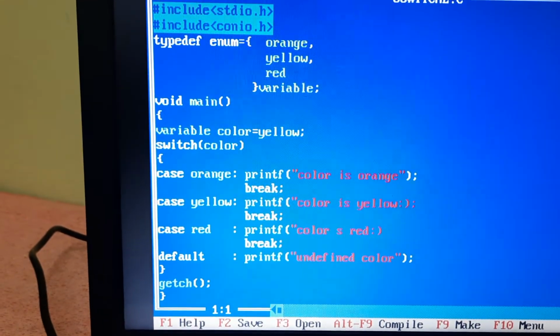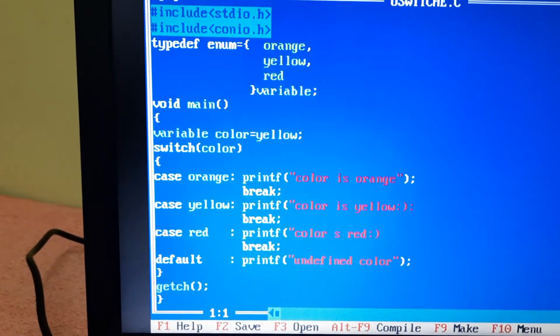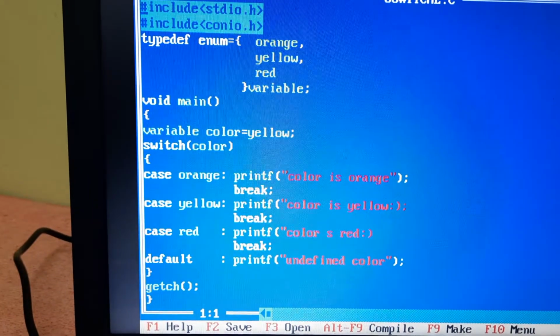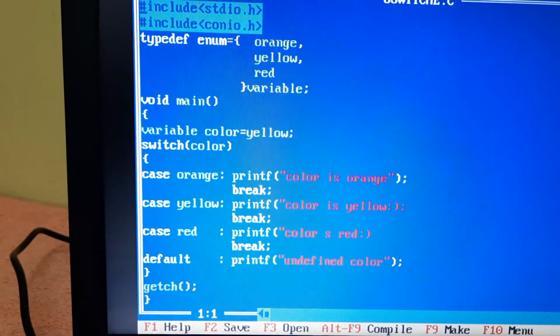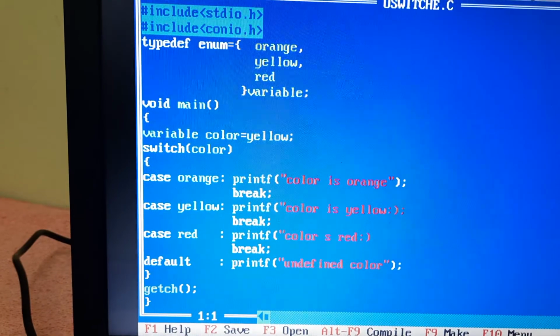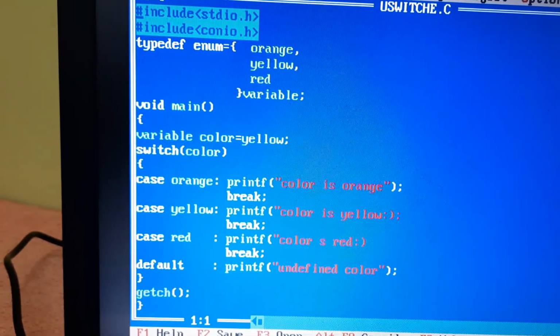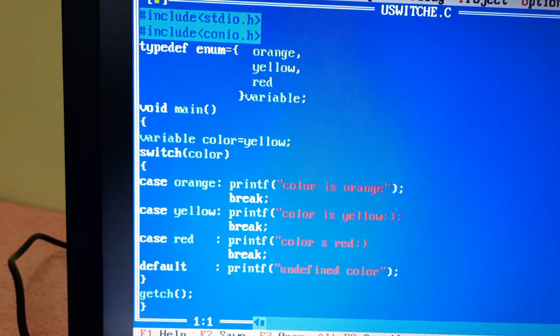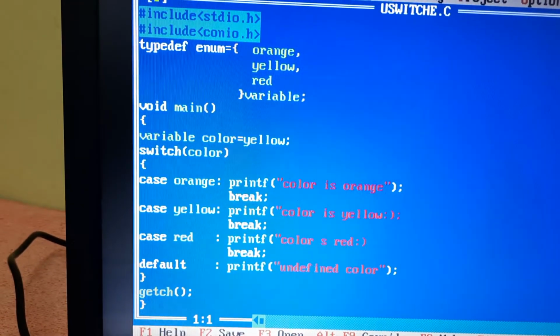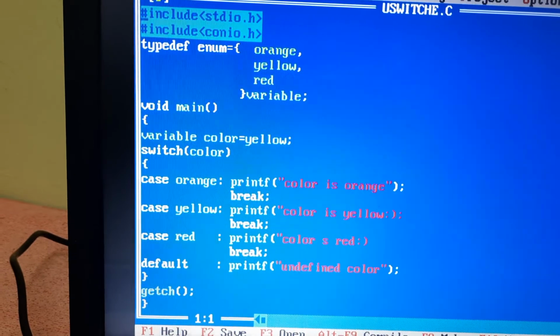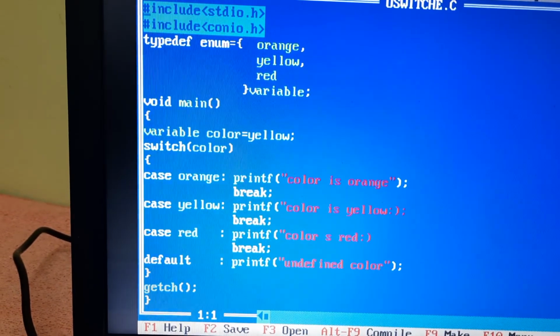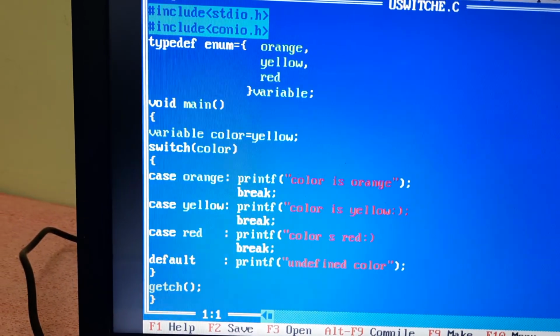What is the use of enum in switch? We can use enum in switch. The cases may be very meaningful. Here our cases are orange, yellow and red. So case orange will print color is orange, yellow will print color is yellow, and red will print color is red, default: undefined color.